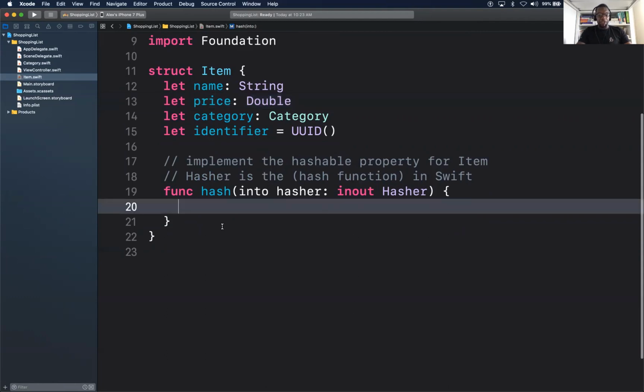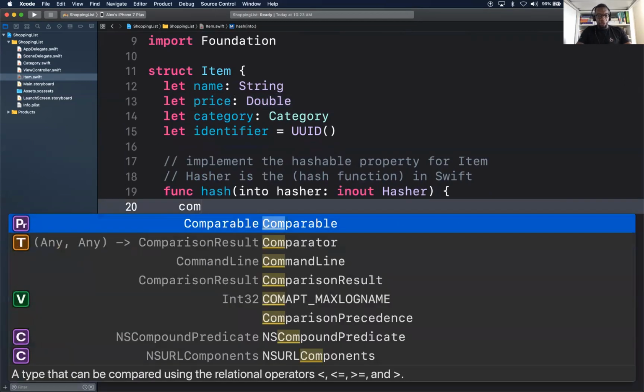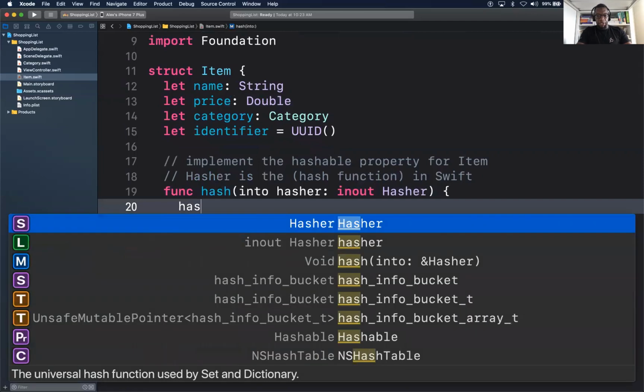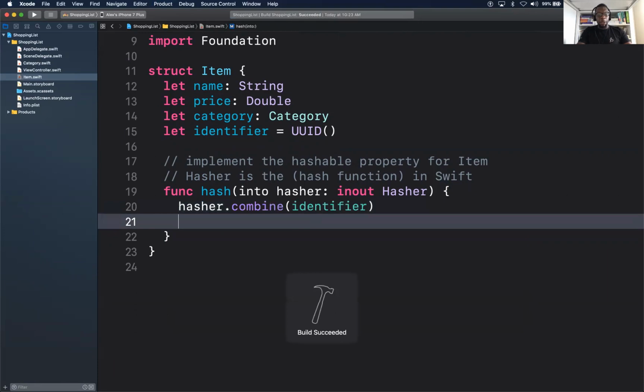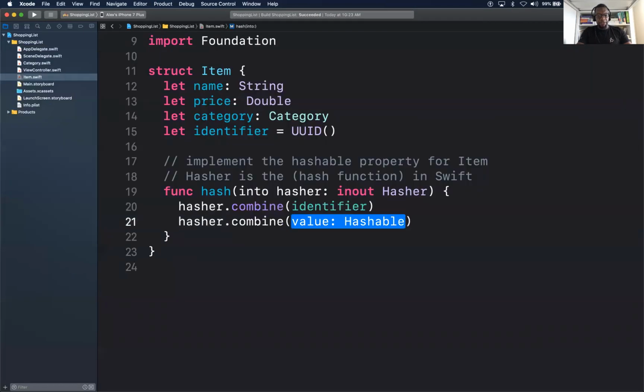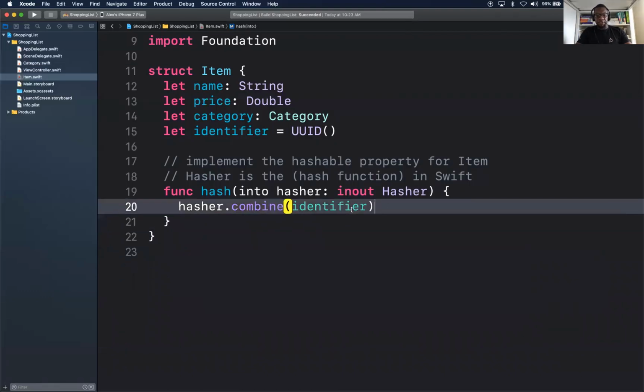So here we'll suggest what property is going to be used as the hashable property, and here we'll say it is the identifier. Right. You could combine many properties here. Like I could say I also want to have price as a hashable property, but for now it's only the identifier.